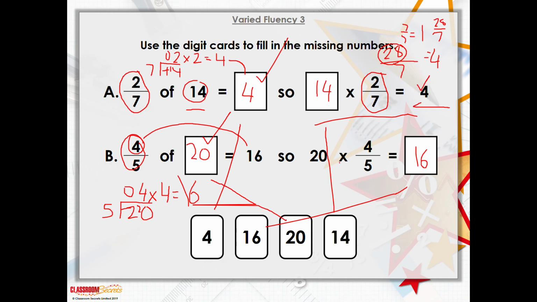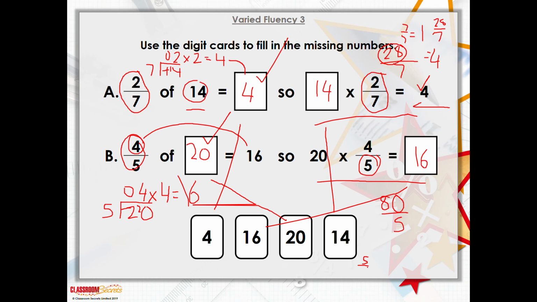Now let's have a look at this. 20 times by 4/5 equals 16. So I'm looking at this one now. So I'm going to keep my denominator the same. I'm going to do 20 lots of 4 is 80. 4 lots of 20. And then I want to apply my 5 times table because I know that